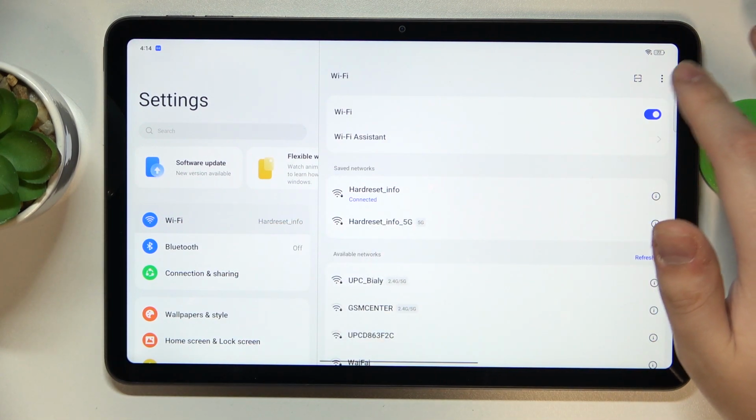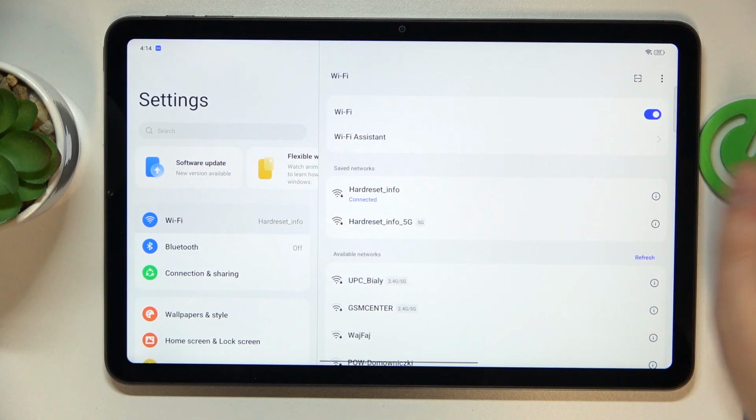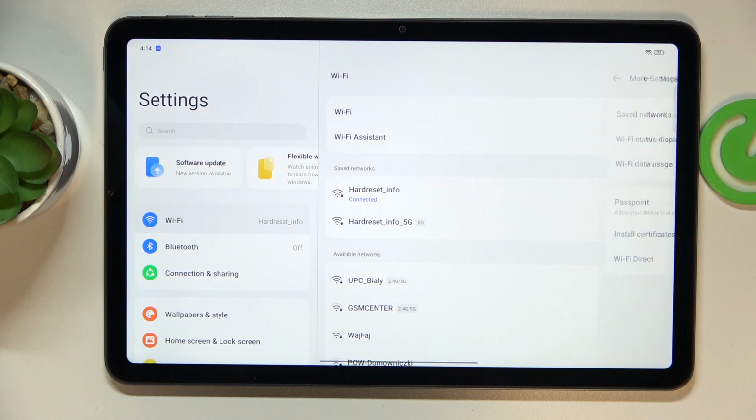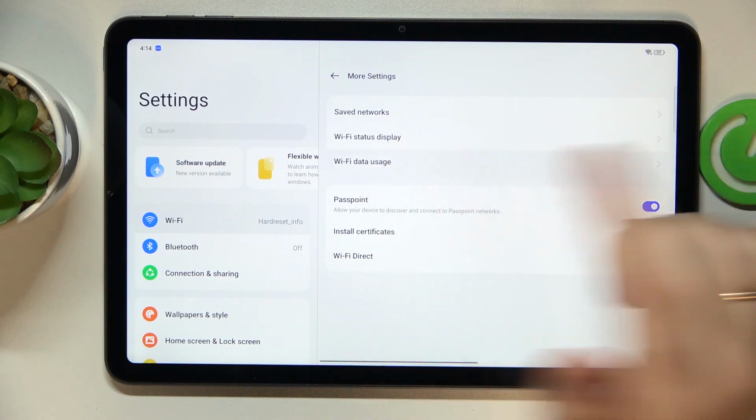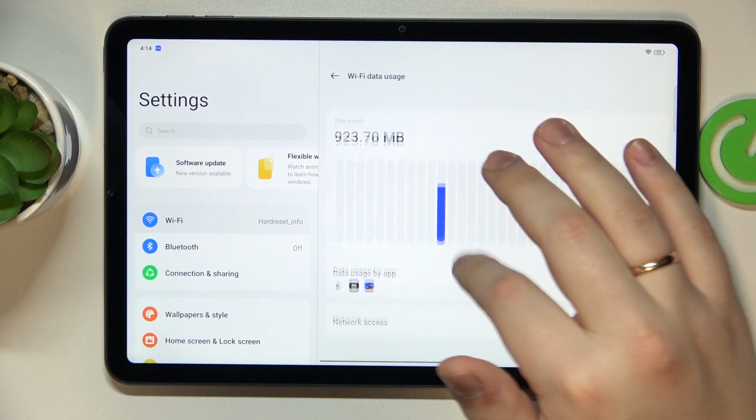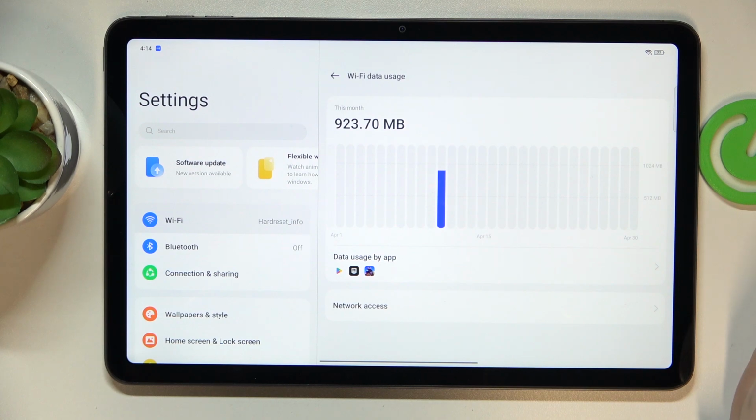From here to your top right, you should have these three vertical dots, so tap on them, go for the More Settings page, and at the More Settings page, simply open the Wi-Fi data usage section. And in here, you can see the general amount of Wi-Fi data used, or the net amount of network used